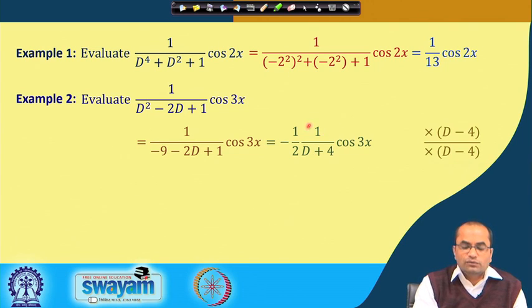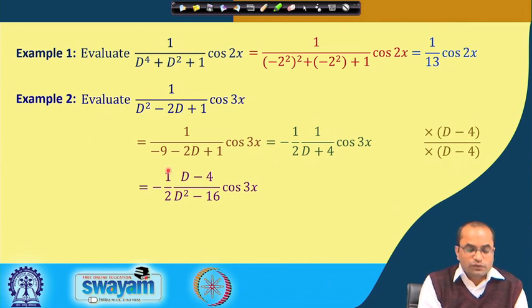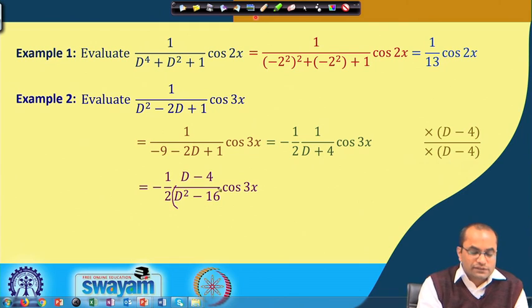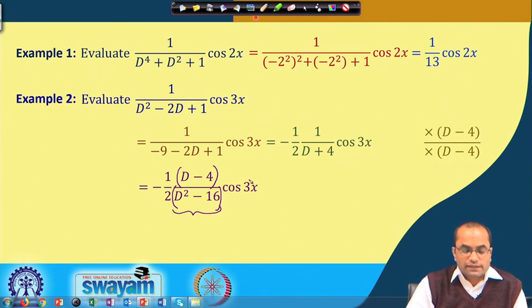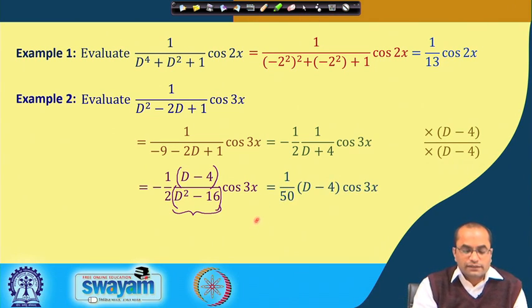then the numerator will have d minus 4 and the denominator will have d square minus 4 square. So, 1 over 2 was already there, and d plus 4 and d minus 4 will give us d square minus 16 here. So, we have d square minus 16, and in the numerator we have d minus 4. Now we have in the denominator also a d square term, which we can operate again on this cos 3x, and as a result what we will get here is 1 over